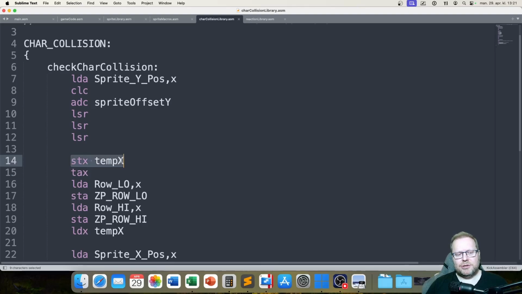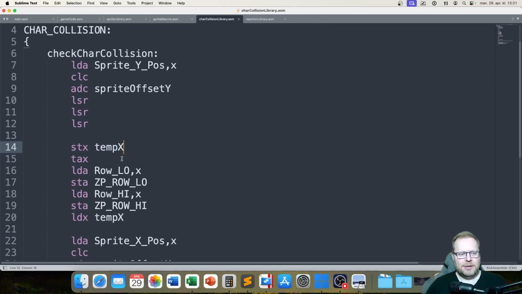Here I'm making sure to store my X register at a safe place. In this case, the temp X was a safe place. So I'm storing X in there temporarily and I'm loading it back here. Why am I doing that? Well, because when I loaded in A up here and bit shifted around, I'm going to